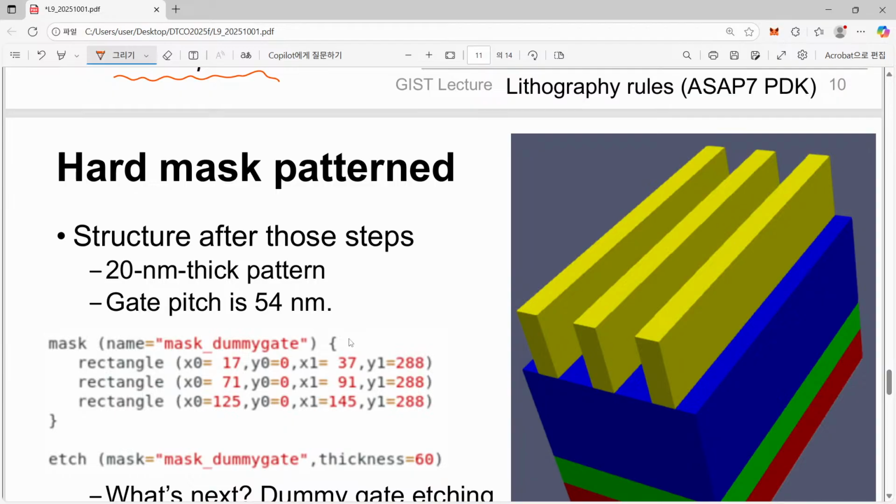The pitch is, as we assumed, 54 nanometer, and the length of a gate, dummy gate, is given as 20 nanometer. 20 nanometer is for 7 nanometer node, okay? Then